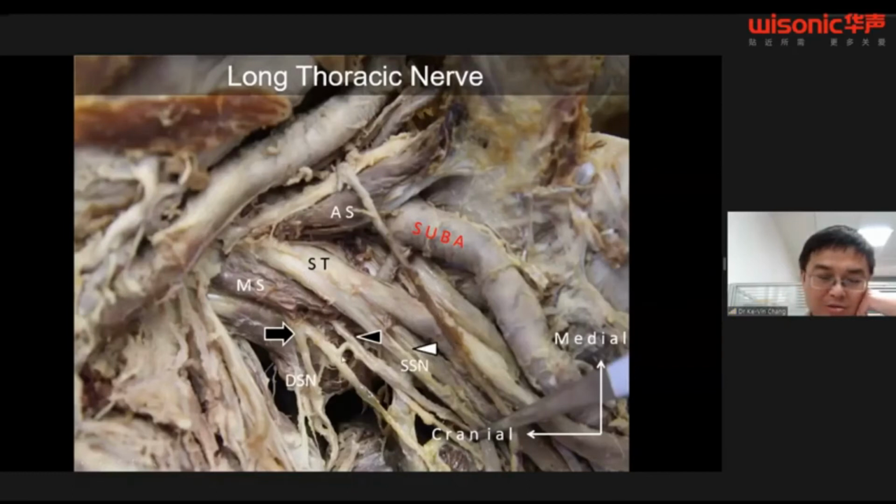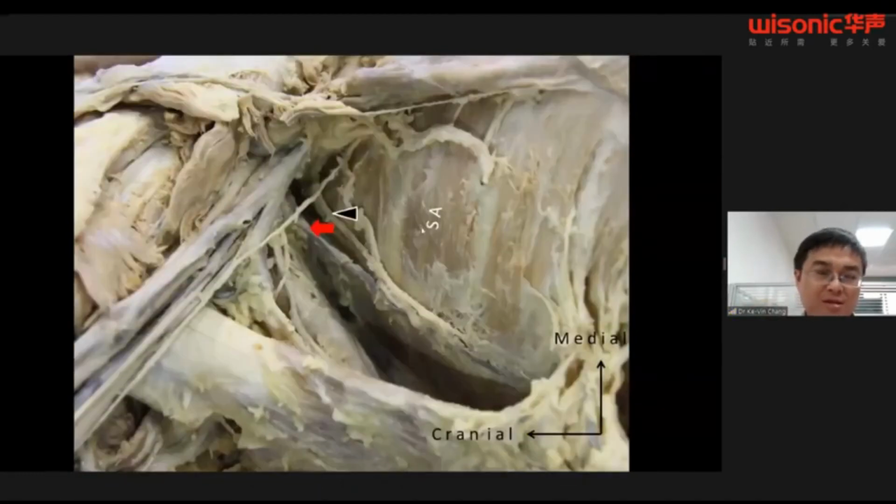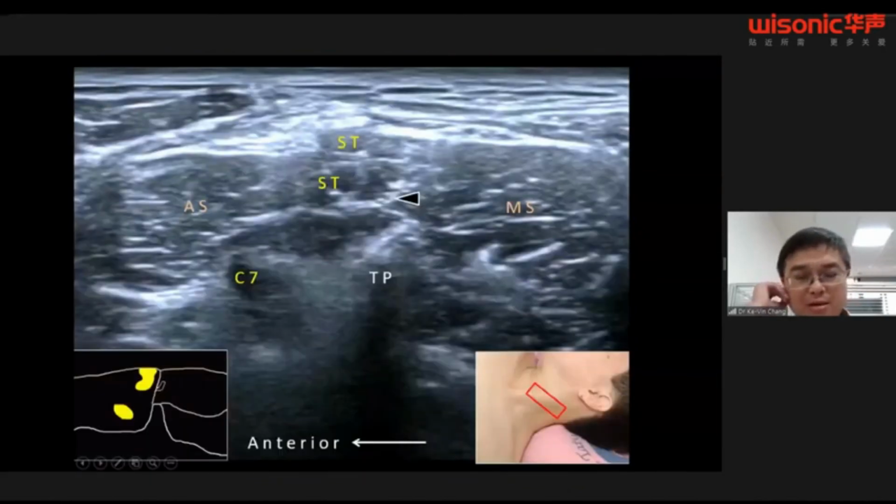And when we do the injection, especially if we want to perform the interscalene block, there are several small nerves you have to be careful about. One is the long thoracic nerve. We know the long thoracic nerve is the nerve emerging from the root level of the brachial plexus. And after it emerges from the nerve root, it's going to pierce the middle scalene muscle. So in this cadaveric picture, you can see this is the anterior scalene, this is the middle scalene, this is